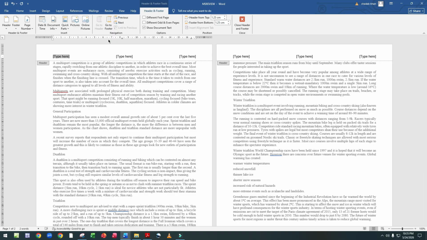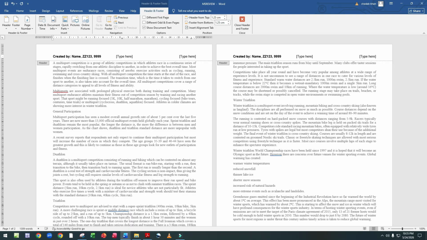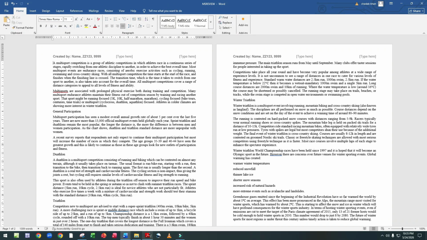In the left margin, left aligned, enter here created by, then followed by a space, name, center number, then candidate number. After this, close the header.